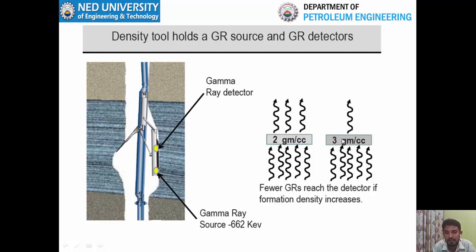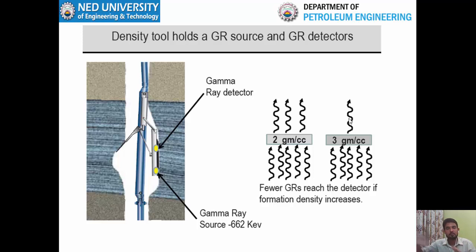When the formation has high density, you will have a great effect of Compton scattering. More and more gamma rays will be absorbed and will reduce their energy, so the number of gamma rays returning to your detectors is very small. So based on the number of gamma rays coming to the detectors, you can tell whether the formation has high density or low density. In one case, assuming that all of the gamma rays emitted by your source are returning to your detector, this indicates that the formation has very low density, because you have neither the effect of Compton scattering nor the photoelectric absorption.